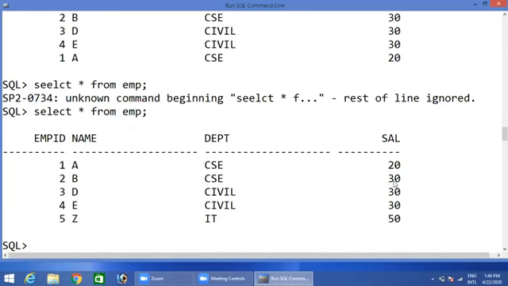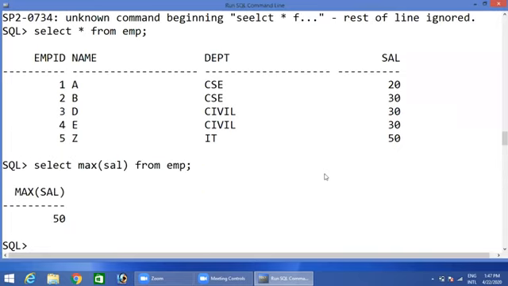Now I want to explain the group by keyword. Now see, in the employee table, I have a department attribute that is CSC, CSC, civil, civil, IT. As I discussed in the theory part, if you want to use group by, you must use an aggregate function, that is minimum, maximum, average. Suppose you want to retrieve the maximum salary: select max of salary from the employee table. What could be the result? You will get the maximum salary. Now check. So this is the maximum salary.